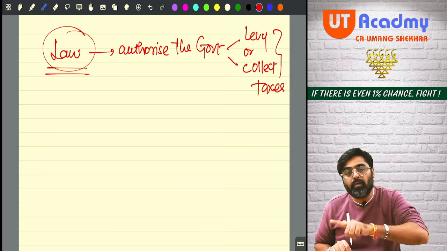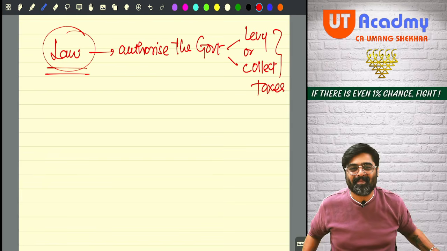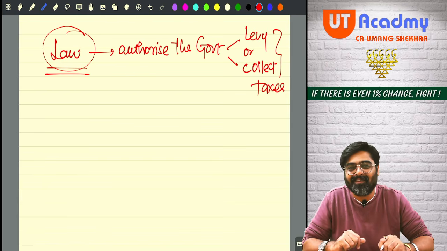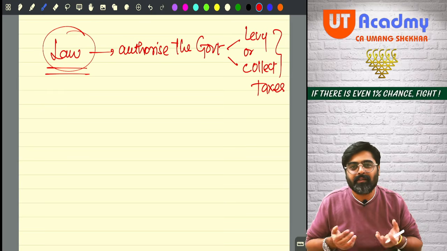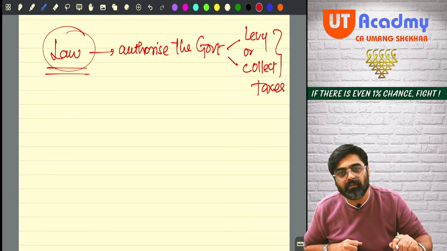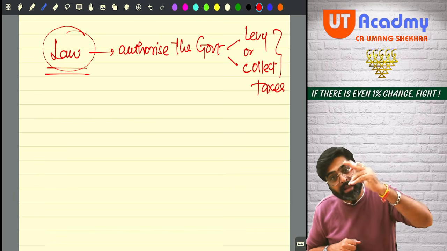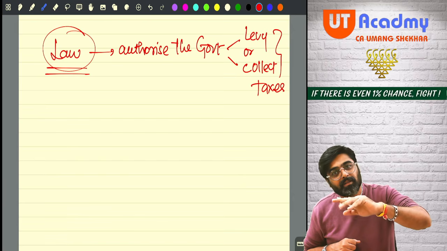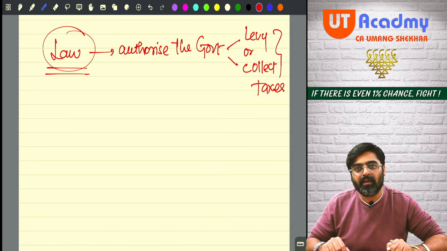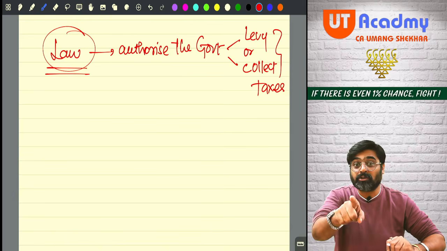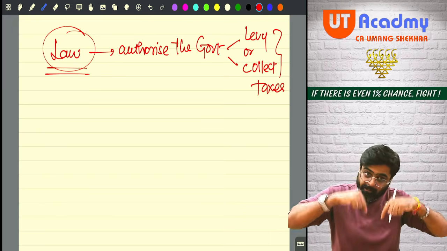Taxes. Right? So there has to be authority given to the government from a law. Now tell me, who will make the law? Who will make the law? So, sir, government only will make the law, no? Then what is the point of making Article 265? If the government only is given the power to make the law, then don't you think it will become very easy for the government to charge tax on anything? What will the government do? Government wants to charge tax on your breathing. And government is only empowered to make a law.